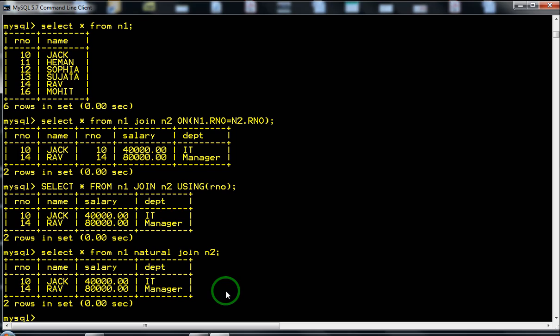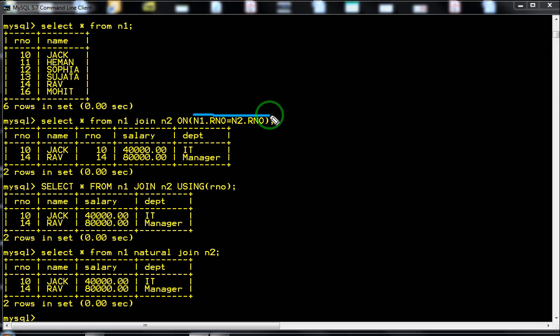So what is the difference between on and using? If you are using on, it will create an equijoin, and in on you have to specify the condition where n1 dot roll number equal to n2 dot roll number. That means in on clause you have to specify the join condition and it will produce an equijoin.